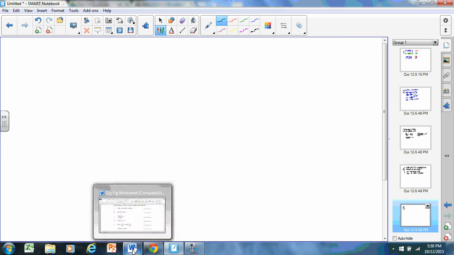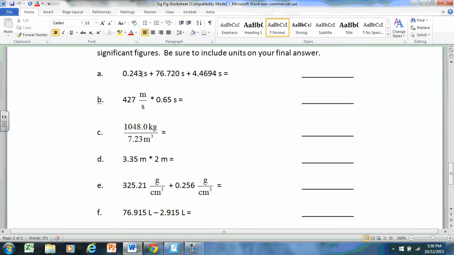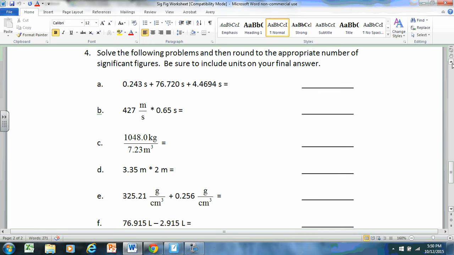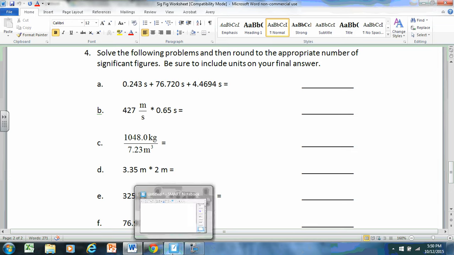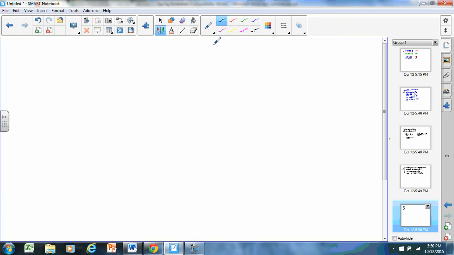All right, now, next thing I want to show you is that gold sheet you got yesterday. It's right here. I am going to work all of these problems in 4. So I just want you to know where I'm getting these problems. I'm going to go really fast. So this is 4A. I'm going to try to use lots of colors. 4A is